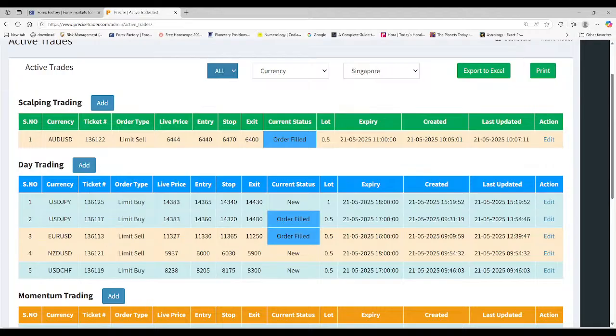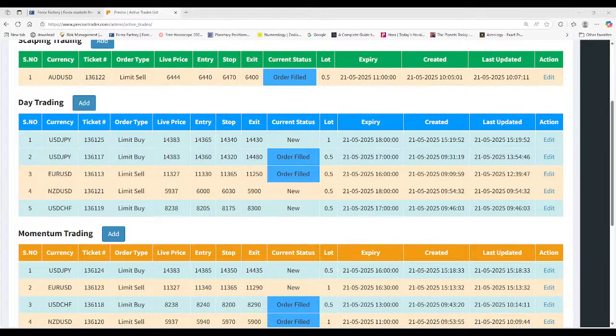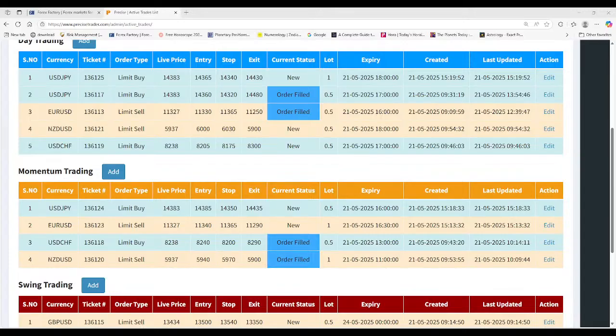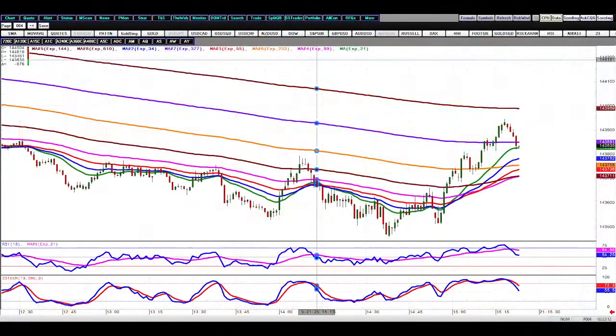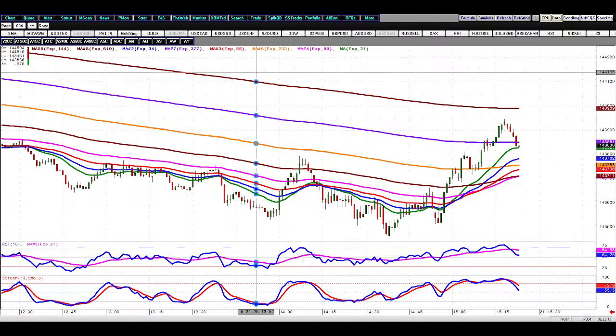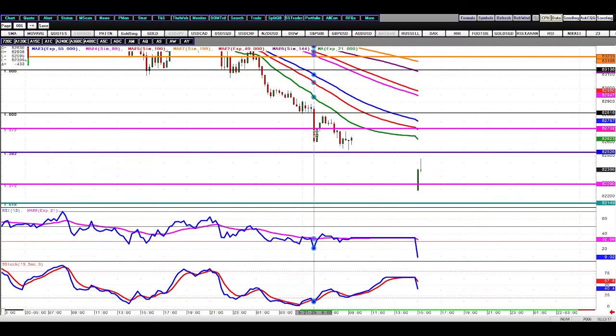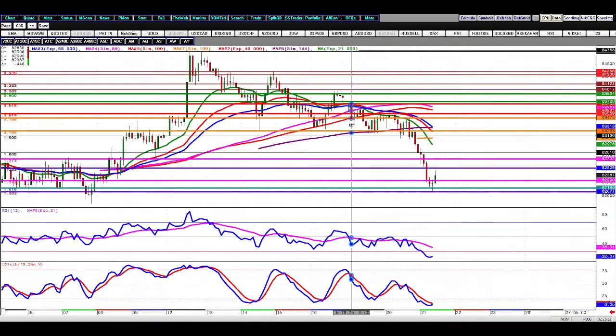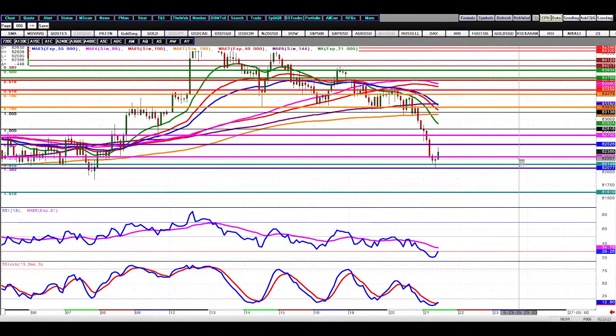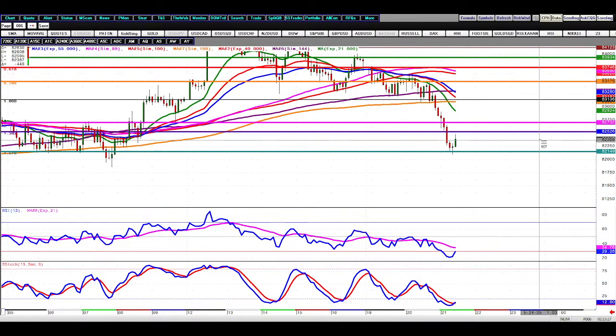Okay, now let's see what is the next currency we are looking at. Okay, so we are looking for Aussie, Swiss franc. Okay, dollar Swiss and New Zealand. These three. Then finally we look into gold. Okay, so let's see the Swiss, dollar Swiss. Okay, when we look into the dollar Swiss,